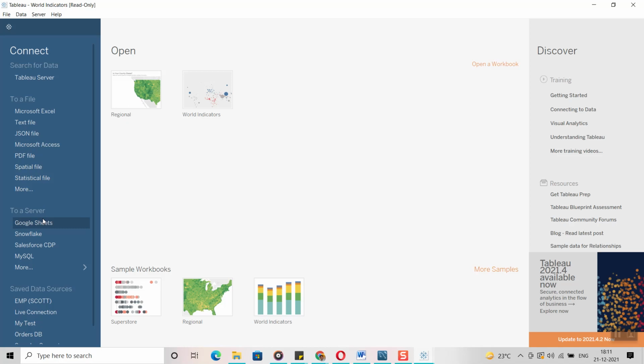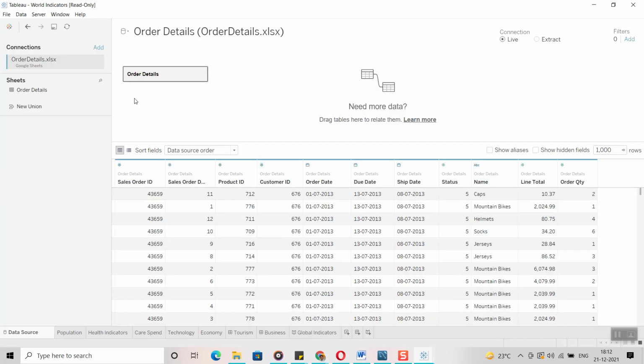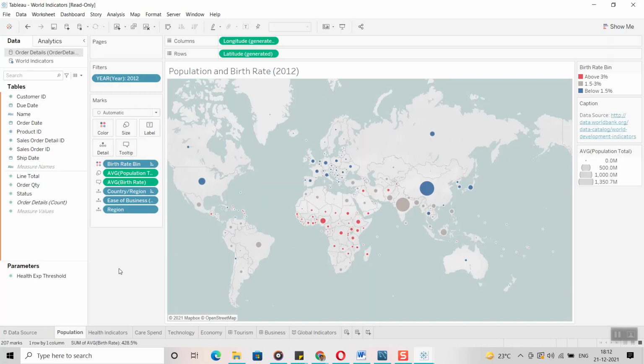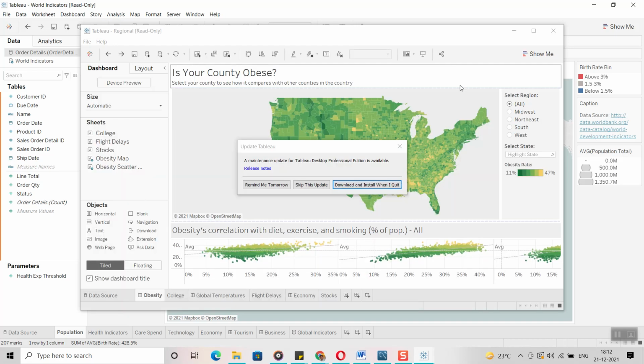These connectors will help us to connect. Now, what is meant by a data source? Before the data source, we will see reports. We are saying Tableau is a data visualization tool, so exactly how are we going to create a visualization? For example, guys, don't worry, I am going to explain it one more time later. For example, here I am going to open an existing report which is already available as a sample.